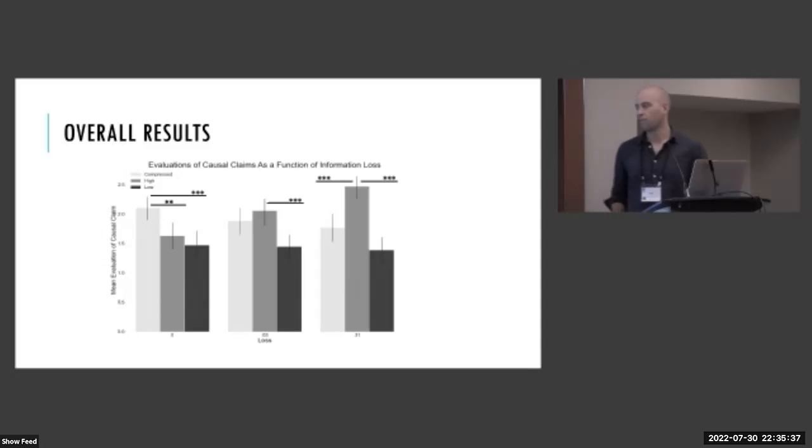So you see that when information loss is 0, so there's no information lost in endorsing a more compressed causal claim that elides the distinction between a humid tank and a dry tank, you see that people prefer the compressed causal claim in the zero information loss category to both the more detailed high conditional probability claim and the more detailed low conditional probability claim, which in this case are actually the same probability claim. So what we see here is that when no information is lost in compression, people like compressed causal claims. People like to avoid including more information.